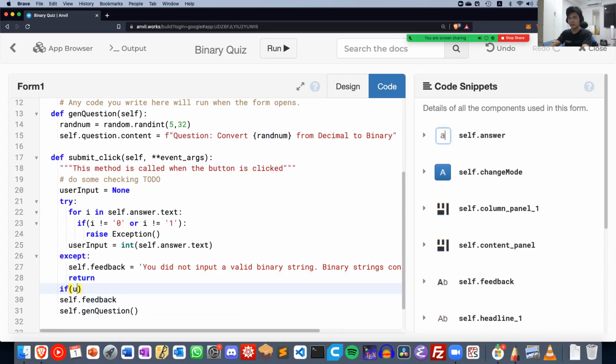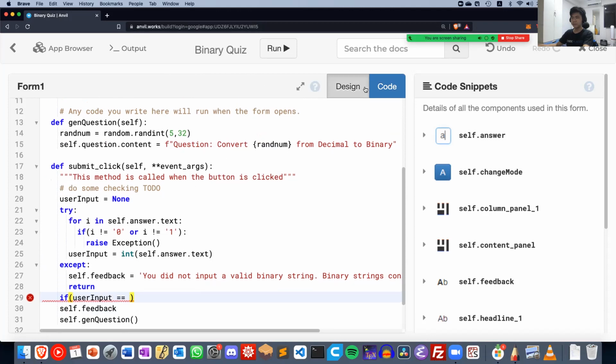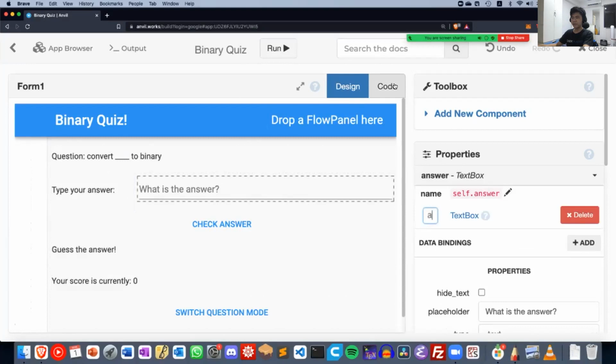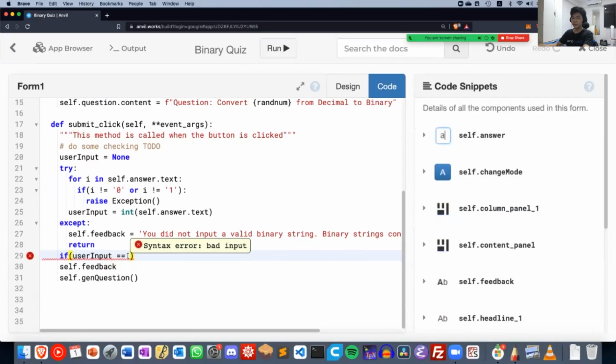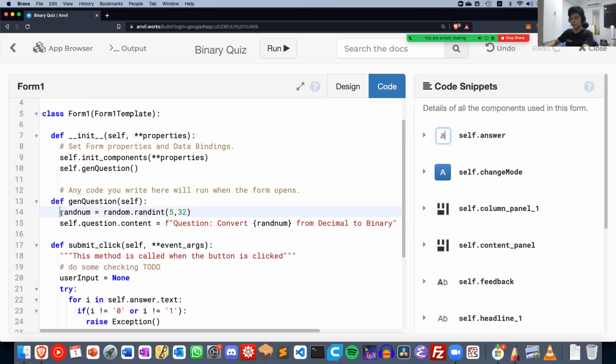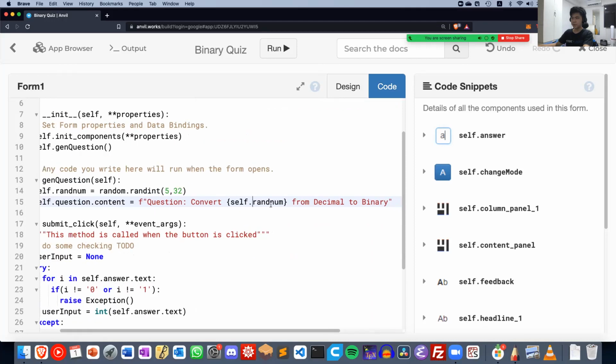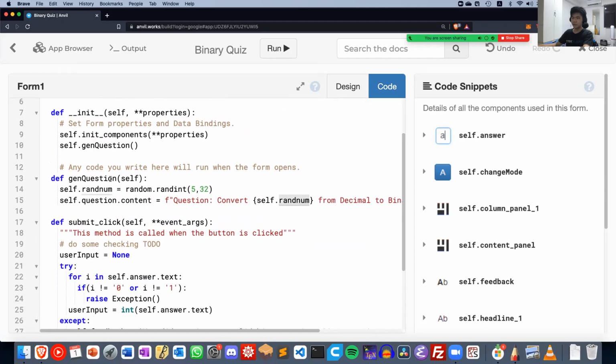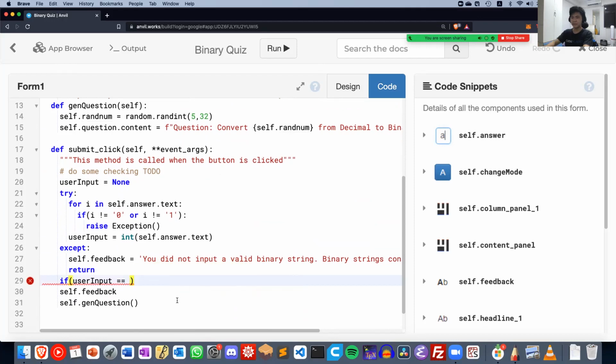Otherwise, if user input equals to, wait, hold on. Hold on a minute. We want to convert it to binary. So if the user input equals to, okay, so to convert a number to binary, over here I think we should make this random variable belong to the class. So let's just say I'm going to make the random variable belong to the object,